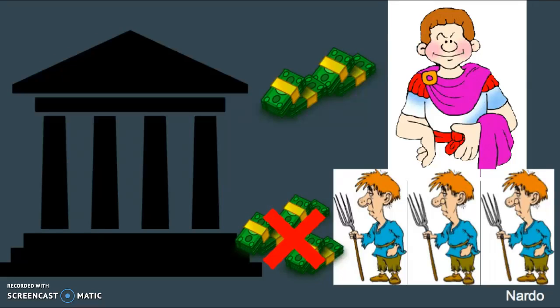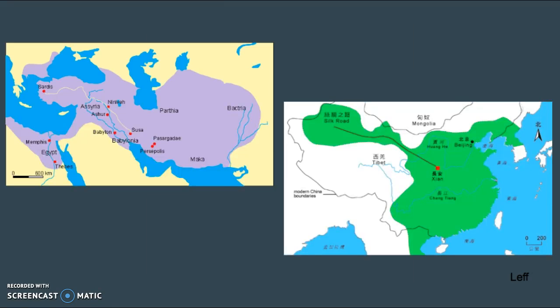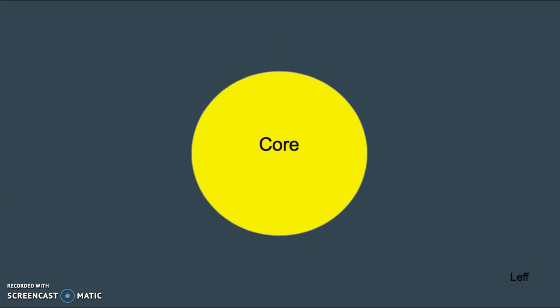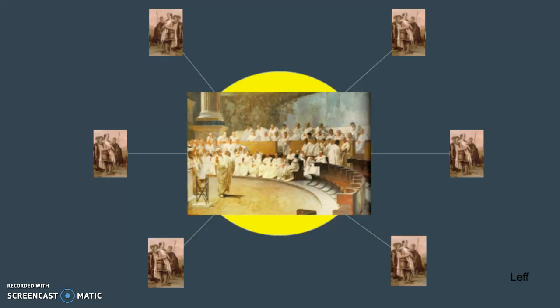While the downfall of Rome was definitely a huge deal, this wasn't the first time that an empire as big as Rome fell for these reasons. In fact, we can make similar connections to what happened in the Persian Empire and Han Empire of China. All three empires can be modeled as a core and a periphery. At the core is the main central government in charge of everything, and the periphery is made up of smaller provincial governors.